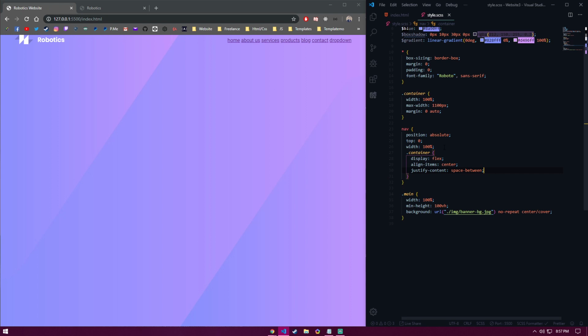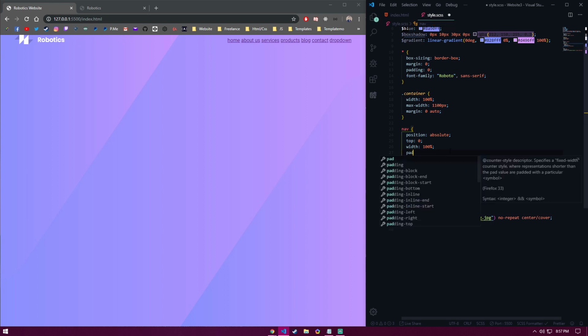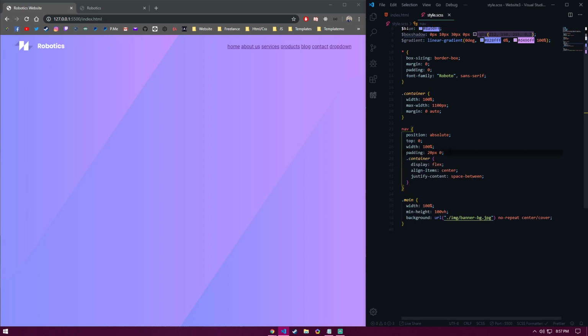So we're gonna have some padding on the nav. Maybe a bit more. Then we're actually not gonna have any styles for the logo itself right now. And for the menu,